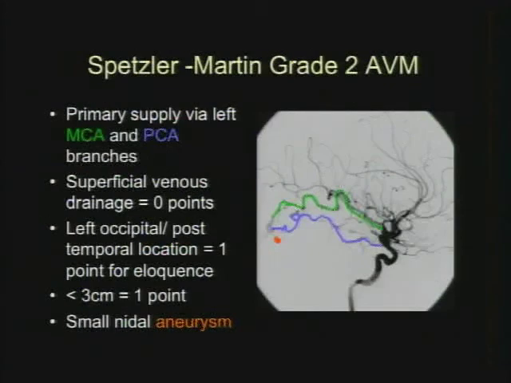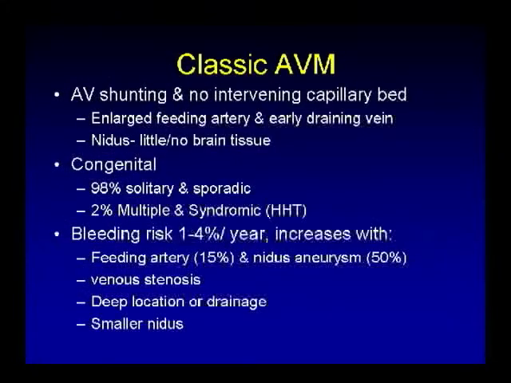Okay, so ours was a Spetzler-Martin grade 2. You can see highlighted in green are the MCA branches, the PCA branches highlighted in blue, and here's your small intranidal aneurysm. So the classic AVM has AV shunting and no intervening capillary bed. So the nidus itself has little to no brain tissue. These are usually sporadic and solitary, but you can have congenital cases, 2%, that are multiple and syndromic, so Osler-Weber-Rendu